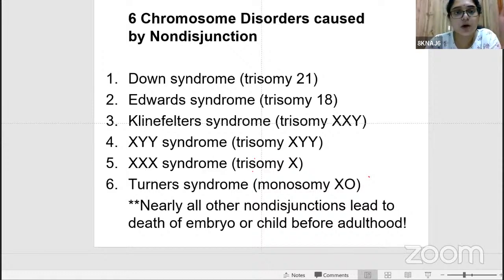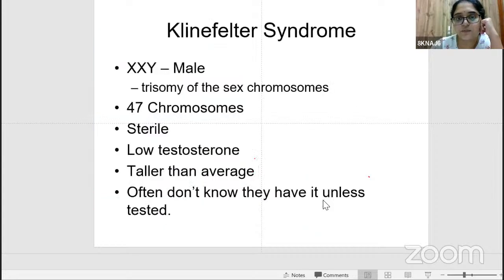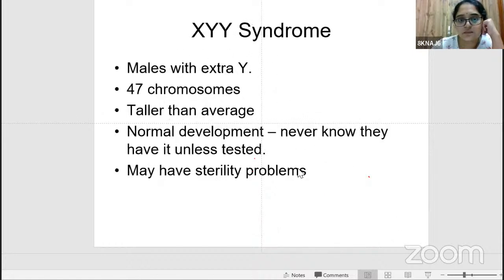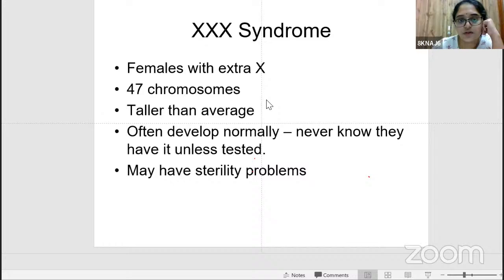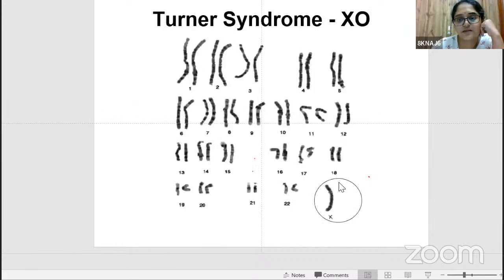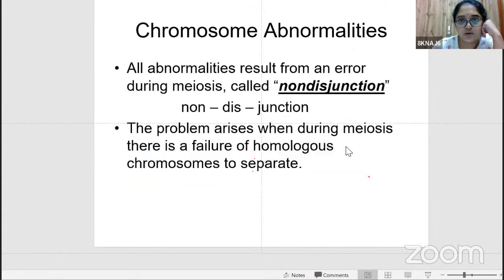When it comes to abnormalities in chromosome structure, this is the Down syndrome as seen in Lauren Potter, trisomy 21. Klinefelter syndrome, wherein you have an extra X, XXY, and XXX syndrome. Turner syndrome is XO, missing the second sex chromosome as such, so the second X is not there. This is seen in Turner syndrome. So these are the different types of